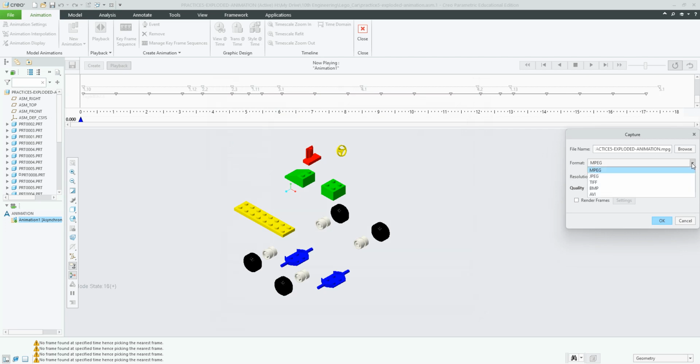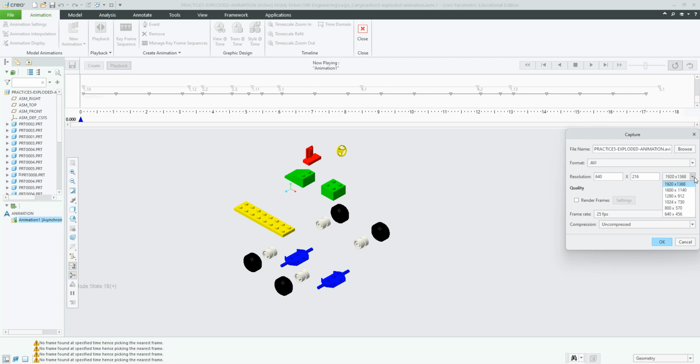Well, typically we just leave that to MPEG for a video, or you can also click AVI. Okay. I'd rather use AVI, and I can always change resolution here. The resolution is low at the beginning, so 640 by 216. So if you click this and change it to something better like 1024 by 730, okay,